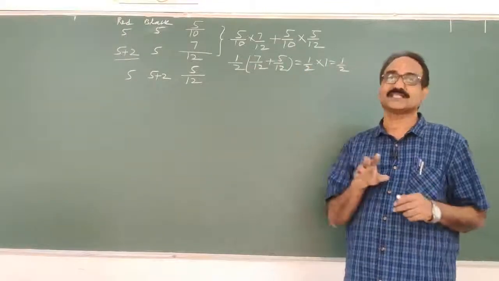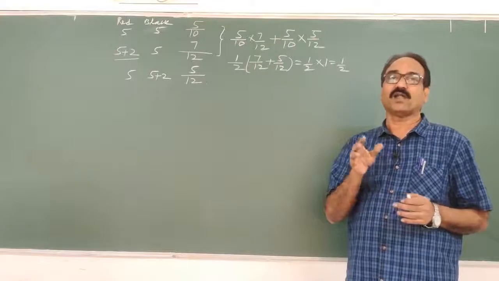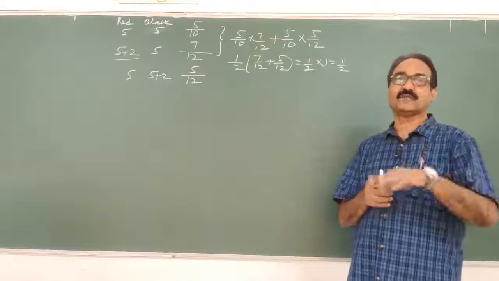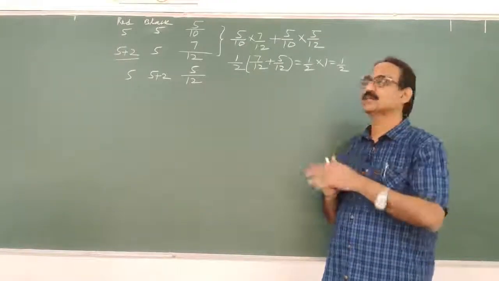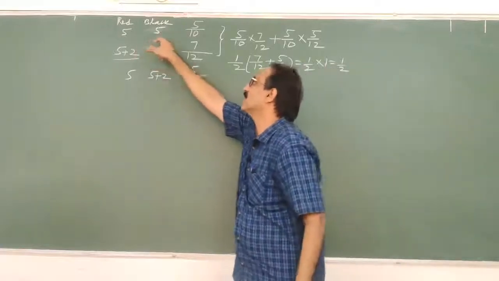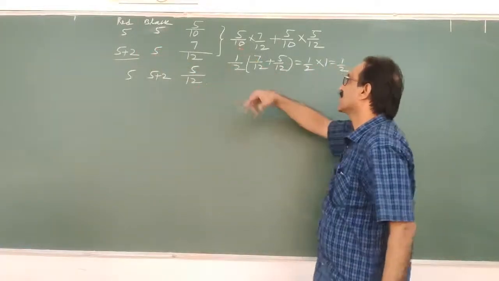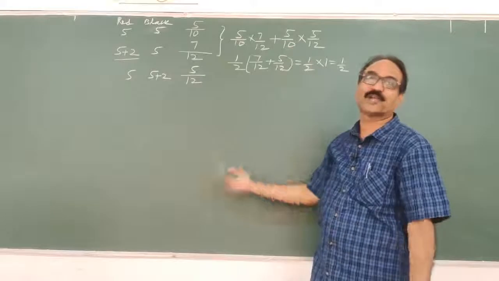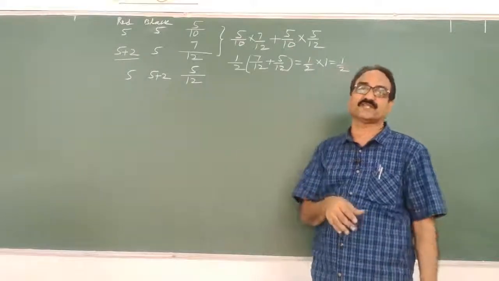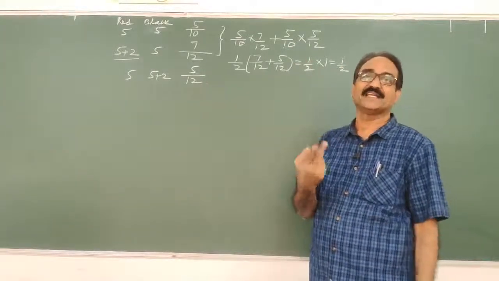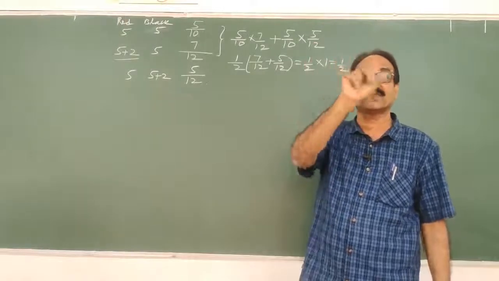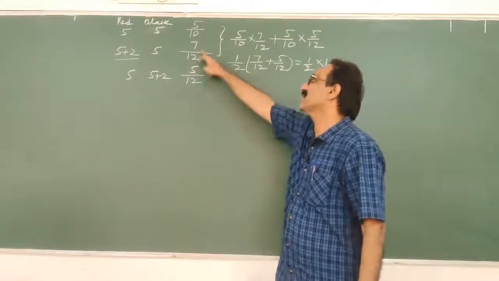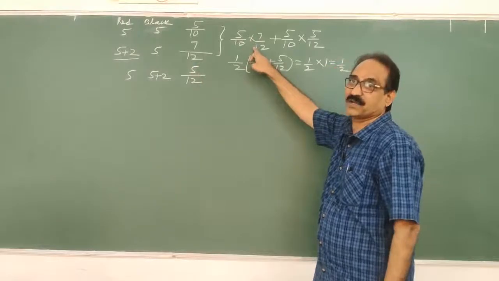So there are 2 chances of getting a ball from the first draw, that it may be red or may be black. Since they are equal, getting a red ball in the first draw and getting a black ball in the first draw are the same. But if you get a red ball in the first draw, 2 red balls should be added, then the number of red balls in the second draw is 7 available. So 7 by 12 I put.